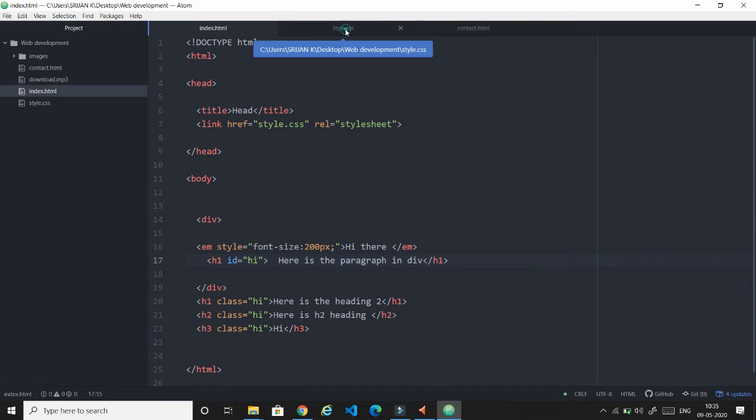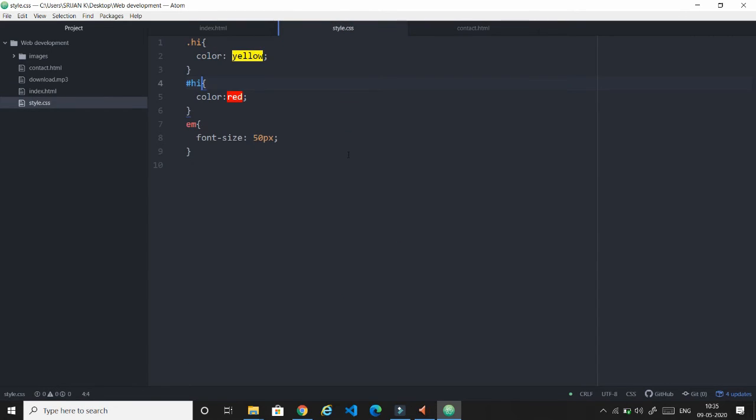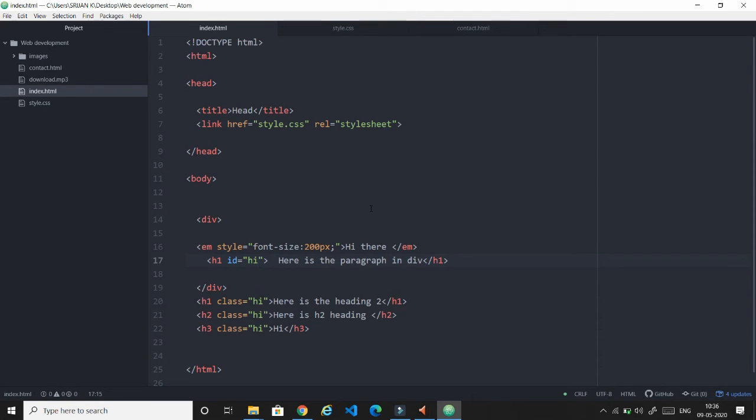But it's better not to take the id name and class name the same, because we know that id is unique and class is for similar properties. So I am taking different names so that I can identify that this id has a problem. When I am facing some errors, I can easily go and debug where the error is. If the id hello has some error, then I can easily point it out. For that reason we use id and class.